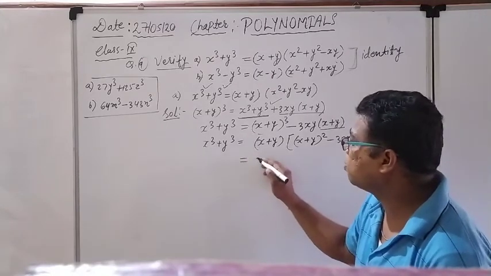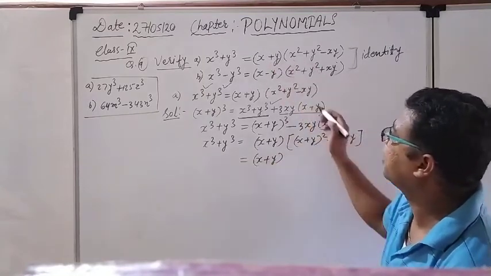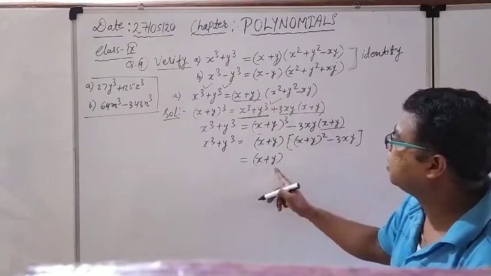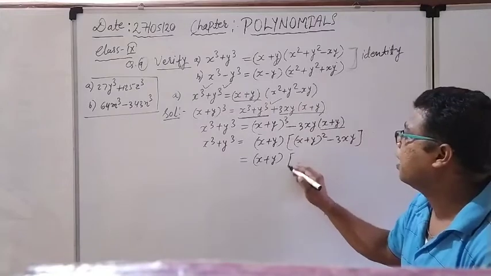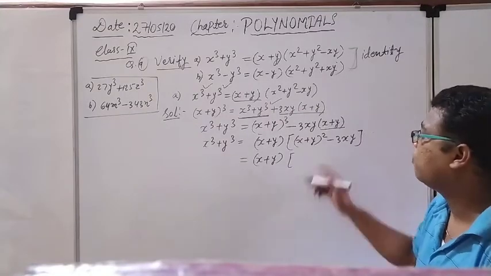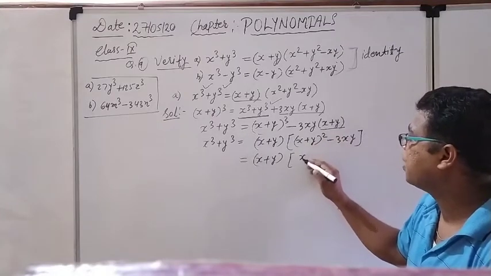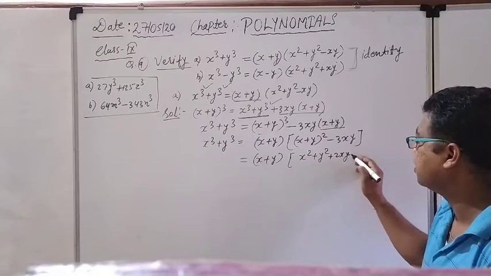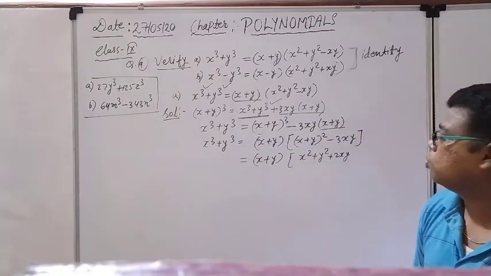Is it okay? Yes. And if it is okay, it means slowly we are moving towards our target. This is our target actually. x plus y is already common there. Only this we want to get. So see how. Actually we know the expression of x plus y whole square. It is (a plus b) whole square, so it will give me x square plus y square plus 2xy, nothing else, because (a plus b) whole square means a square plus b square plus 2ab.